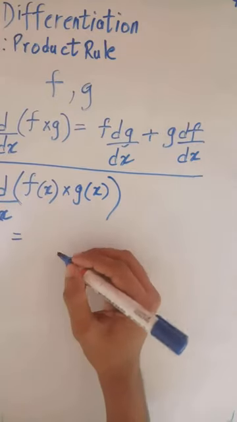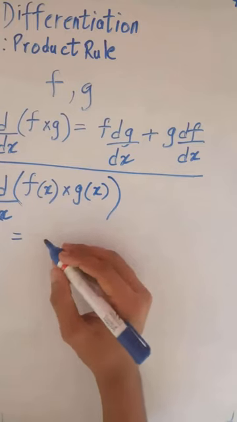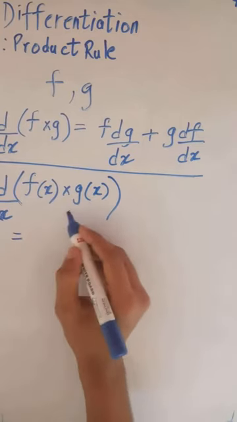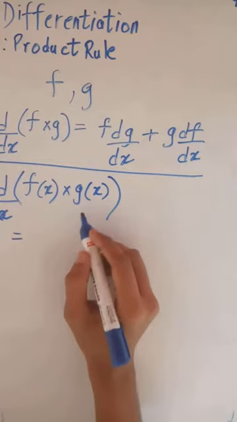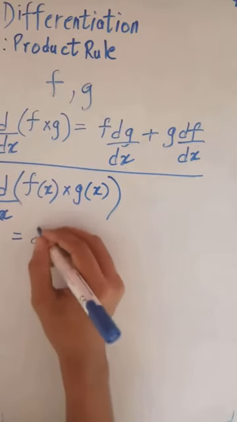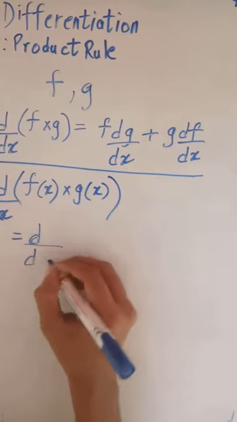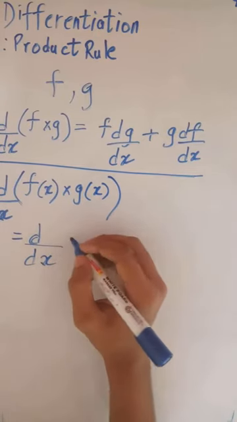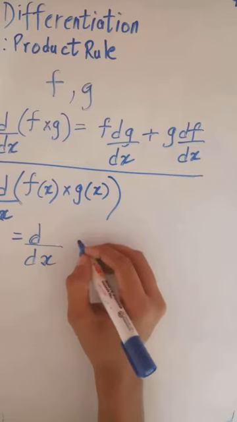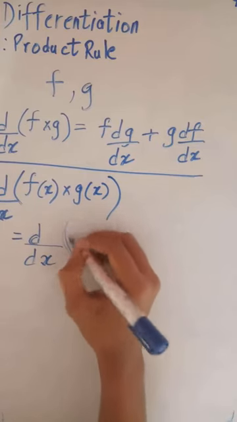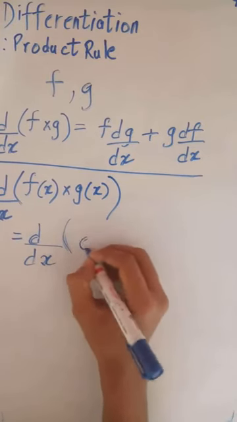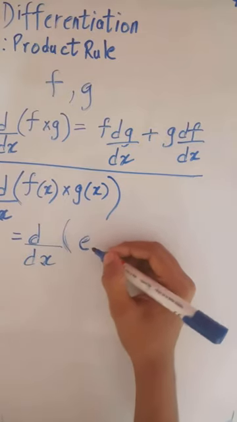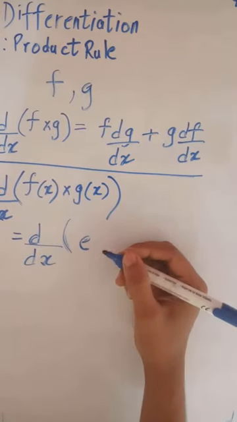So we are going to use a very clever trick here, and we are going to rewrite this product as follows. So here we have the derivative with respect to x, and this product we are going to write in terms of the exponential function. So we have e, which is the constant, approximately equal to 2.71,